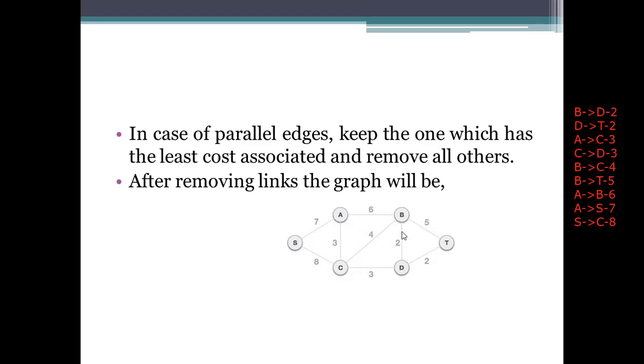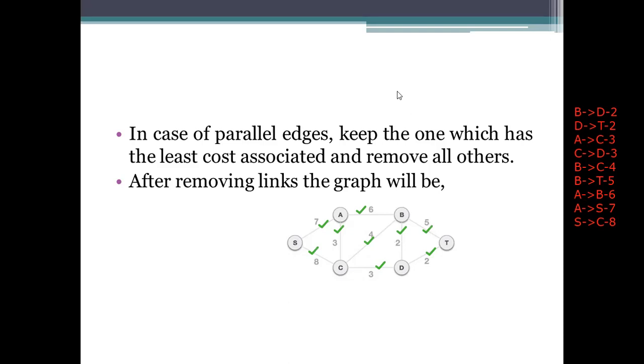We use this edge and this edge for the first two, and then A to C, next C to D, next B to C, next B to T, and then A to B, and then A to S, and then S to C. How many are there? 9. So all have been covered.